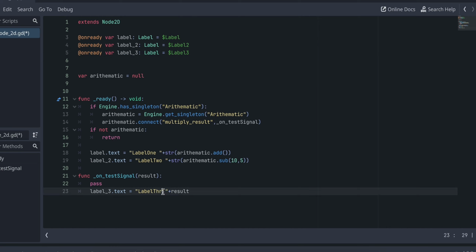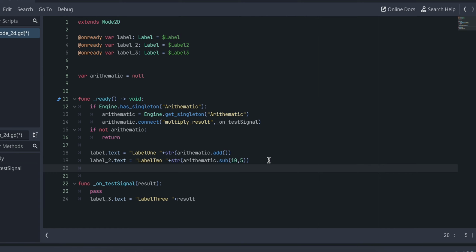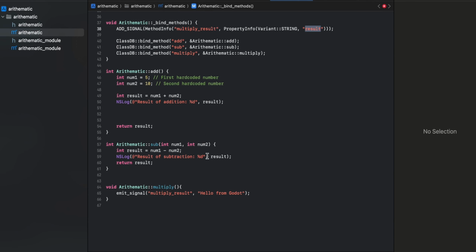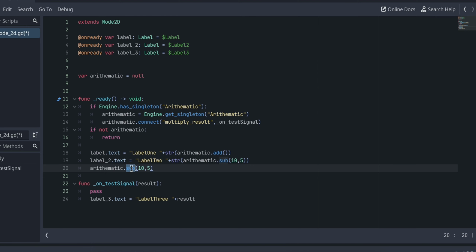So the result which we will get from our multiply function, I'll just assign it to our label 3. For label 1 I'm assigning the add method's result. For label 2 I'm passing the two parameters, and the subtract result is assigned to this. Also we will have to call the multiply method as well. Now if you want, you can call this on button click as well, but I don't want to add too much code. I want to keep things simple, so I'll just copy this method. I'll call it multiply. It does not take any inputs. Okay,